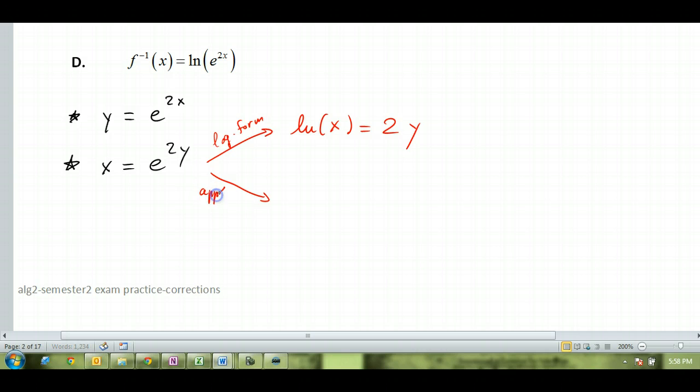Apply ln on both sides, okay? Apply ln on both sides. Now you got to be careful. You may prefer this right here, but you need to be able to switch from a log form to an exponential and vice versa, okay? This is more general, actually. My first approach is something I can use all the time. This, I cannot use all the time. So look, if you apply ln on both sides,